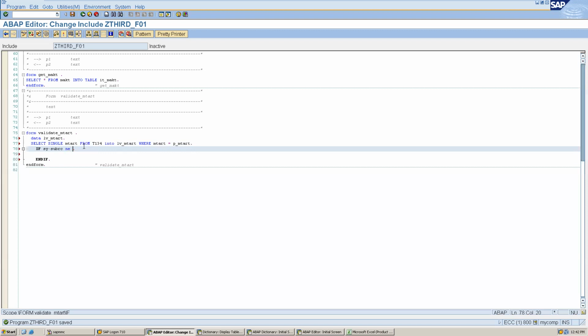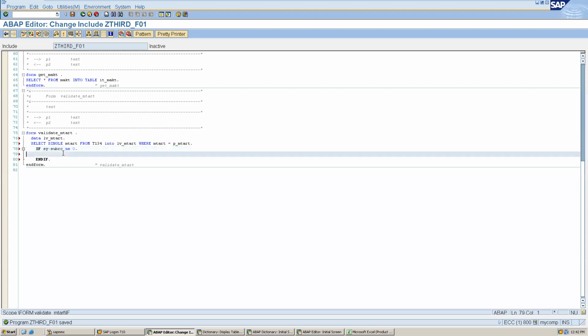We have to validate, right? Not equals to 0. We can message: enter valid value, type e will be this, right?